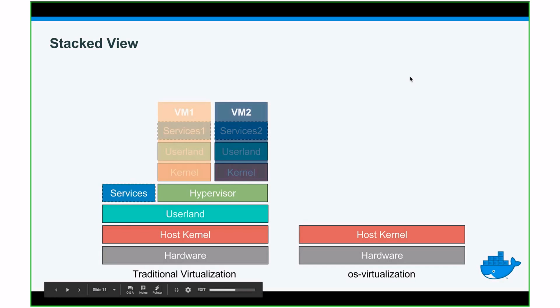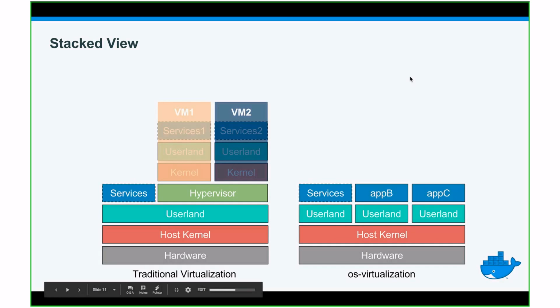Whereas, and this you have then virtual machine 1 or virtual machine 2. Whereas with containers, you don't have a second kernel because you don't have a hypervisor that emulates hardware. You just have multiple process groups that are the containers, or instantiated container images. So you have the user land of the host, which is on the left side, and you have services like on the traditional virtualization side. But you also have multiple process groups with their own user lands that then run on the same host kernel, and the host kernel knows about everything. So you have container 1 and container 2 there.